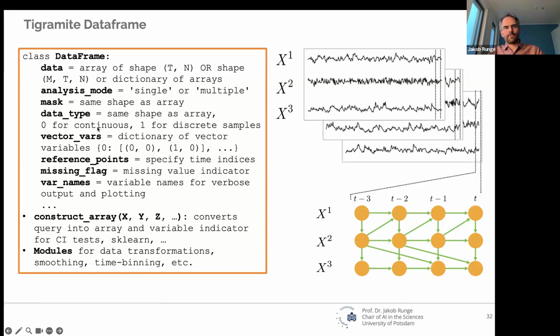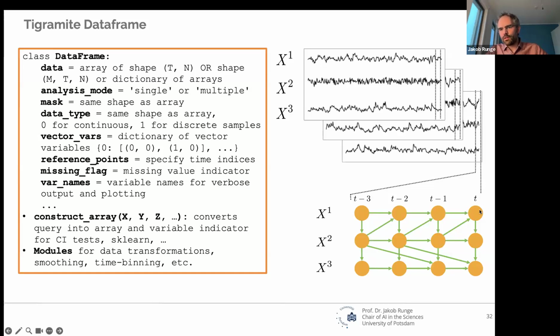So that differentiates continuous or discrete data. And then there's this functionality which I call vector variables. And this means that maybe your underlying data frame contains hundreds of columns, but then the node you want to be defined is just the first two columns. So it's a two-dimensional underlying random variable.